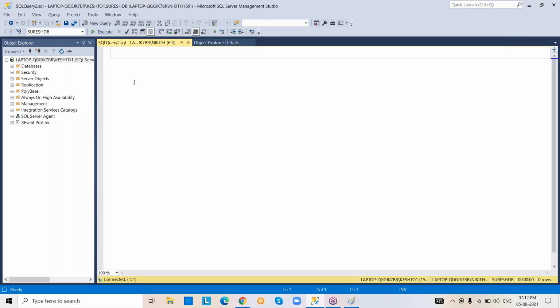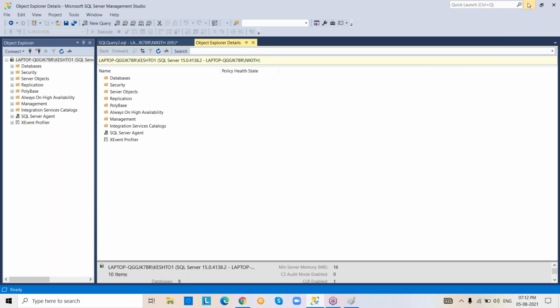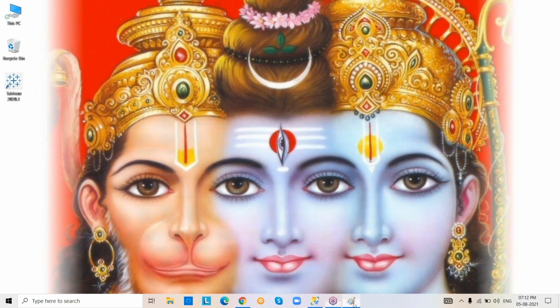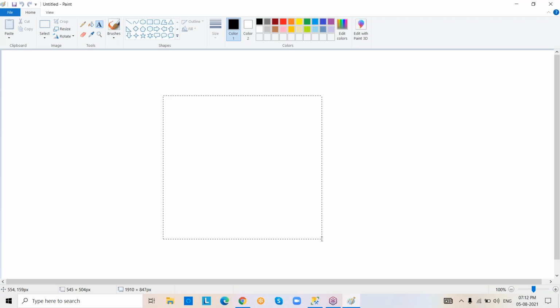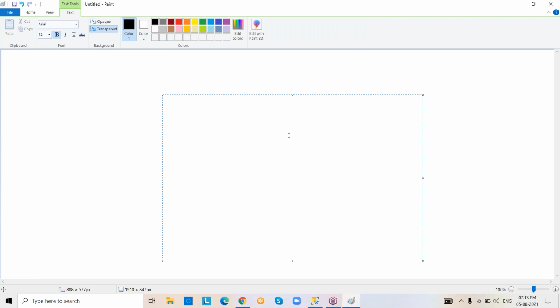So coming to the next scenario, here you can write commands like this. After writing commands, you can use this execute button for execution, or you can also use function key F5 from the keyboard. Okay? In the same way, as we discussed in yesterday's class, we are going to work with different types of data, right?